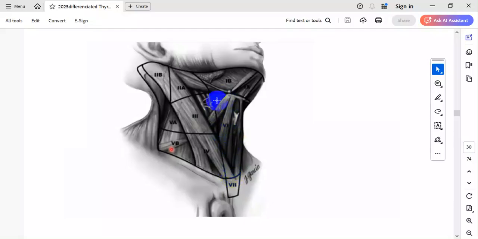Very important to know that 70% of papillary thyroid cancers, or sometimes 50 or 40 or even 70%, are located in the central zone. And regarding the lateral zones 2, 3, 4, 5: zones 2, 3, 4 are located under the sternocleidomastoideus, and 5 is lateral to this muscle, sternocleidomastoideus, and also we are here dealing with the lateral zone of the neck.